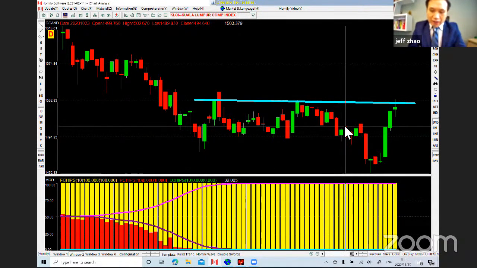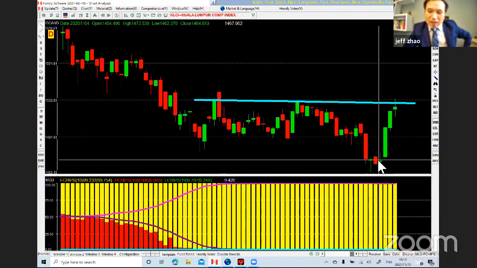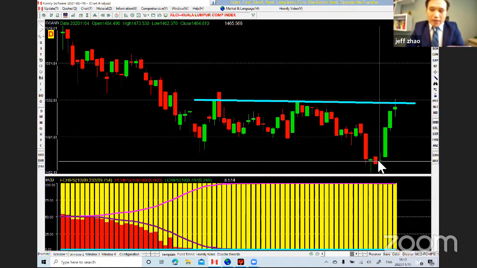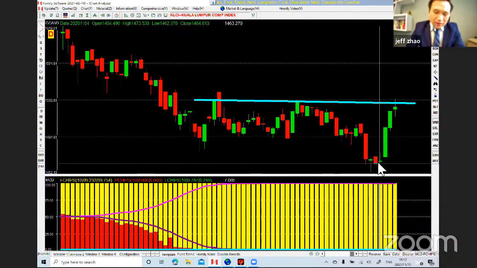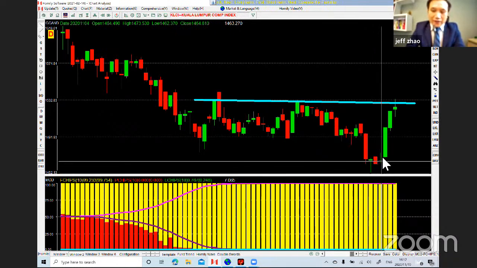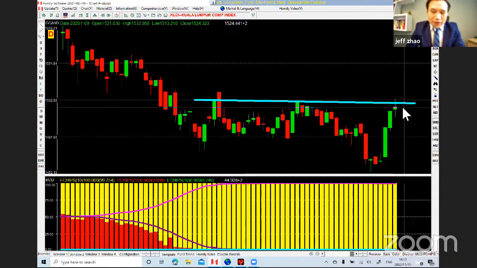Now the KLCI goes up for 44 points. Wow. History, strong market come back. And today the KLCI goes up more than 2.9%. Very strong, right? Very strong. So actually, what I forecast happens. But it's not about knowing now, when it is late; you must know on the 17th day that it should go up. Okay, now it really goes up very strong.